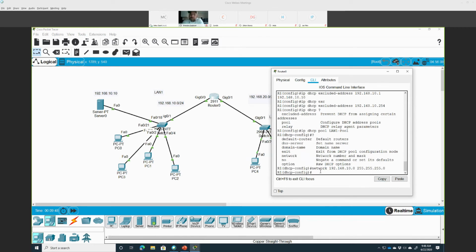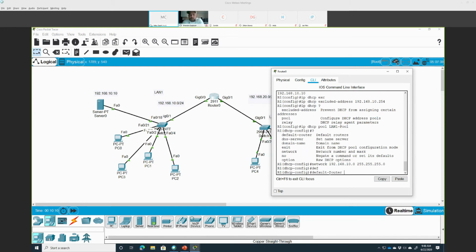Then I need to put the default gateway, that's default router or default gateway, to give it to the client. Because if I stop right here, the client is going to get the address, like he's going to get the number 11 first and so on, but they're not going to get the default gateway. So to do that, we need to put default router